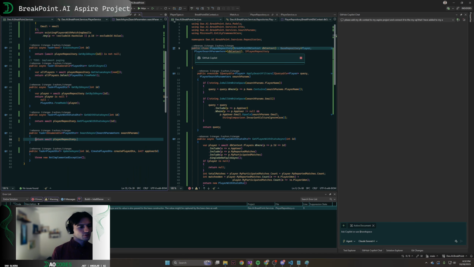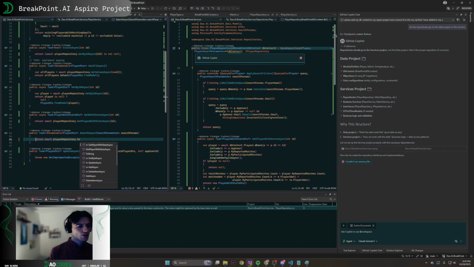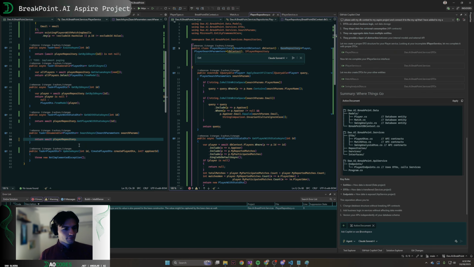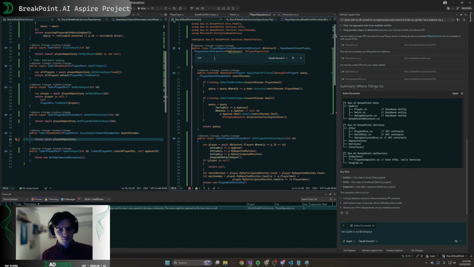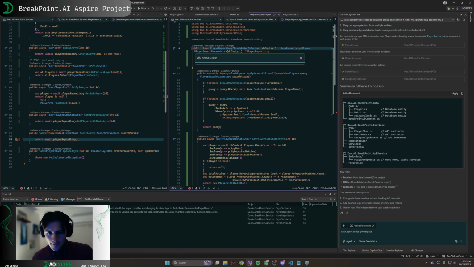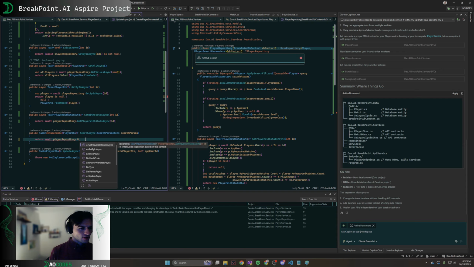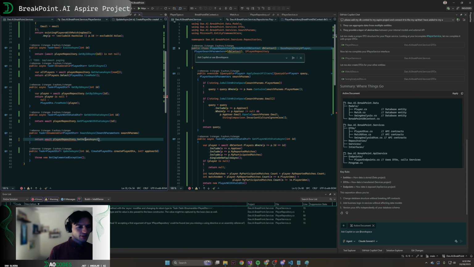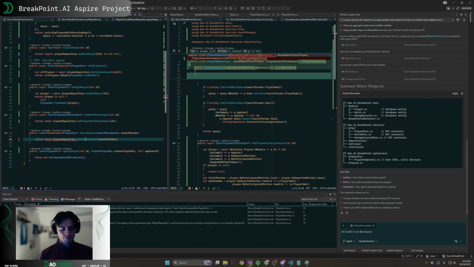And we're probably gonna have to do player repository search. Player repository dot get values async, pass in these search params, and then